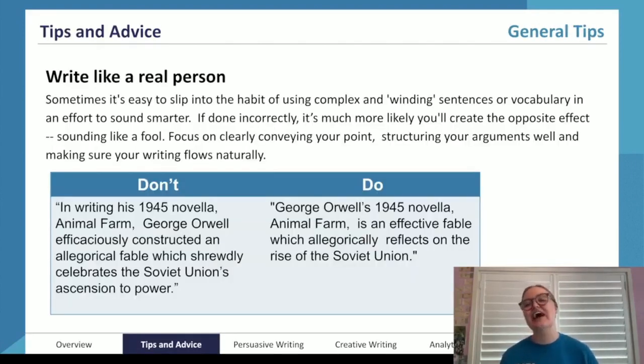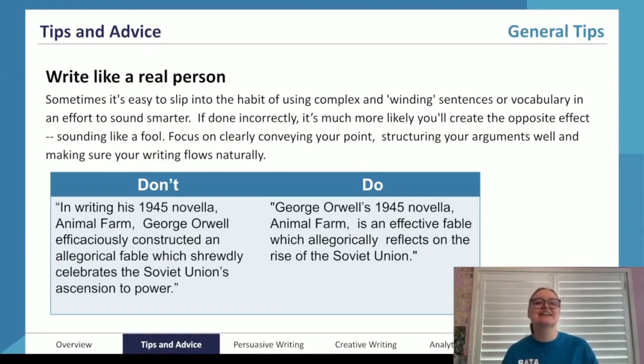Wonderful. All right, my first tip for writing well in English and being a solid writer is to write like a real person. This is the rule that I tell all of my students, and I've been telling my students ever since I graduated. It's very easy, particularly in school, to slip into the habit of using really complex and winding and academic language.